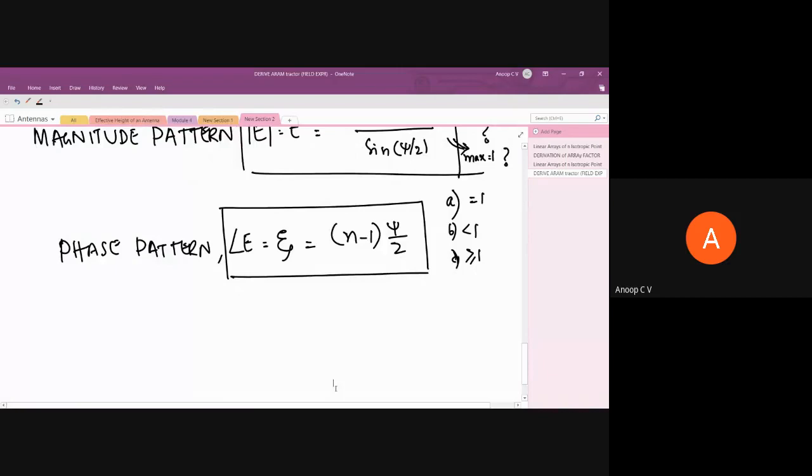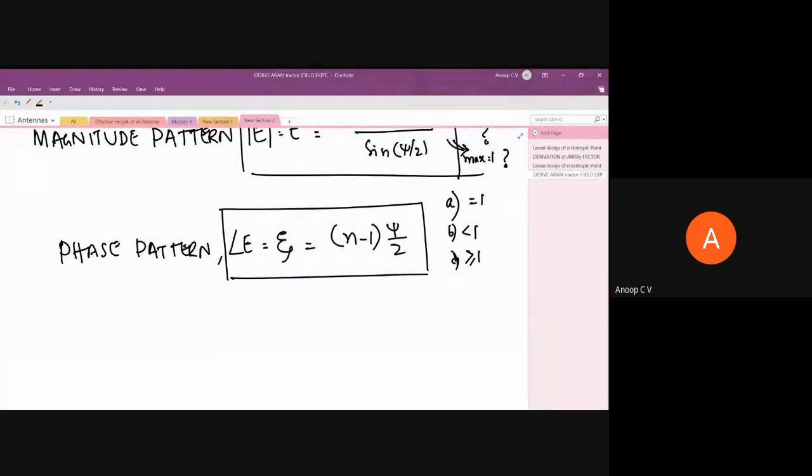If you want to find the maximum value, what you should do is differentiate, right? This is a function of psi, right? So you should differentiate it with respect to psi, and whenever you are getting 0, and when you take the second derivative, if it is going to negative, you will get to know it is the maximum value, right? So you will get values of psi for which it gives maximum. Then you substitute that, you will get the maximum value. You don't have to do those things, right? But even then, at least guess whether the maximum value is 1 or not.